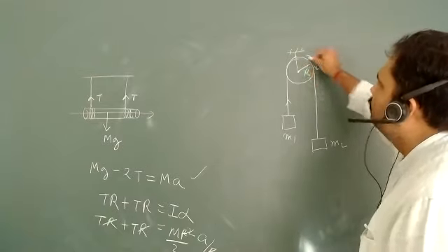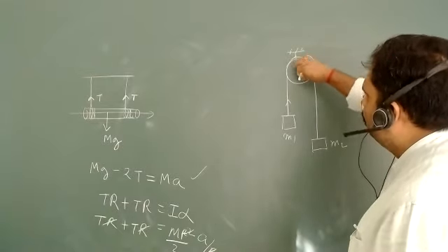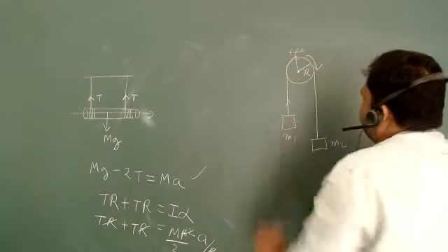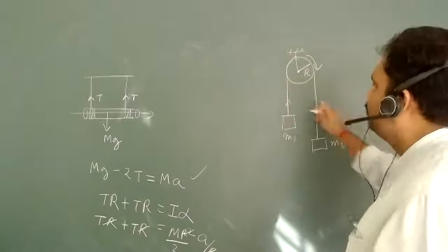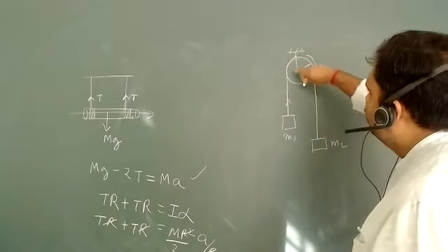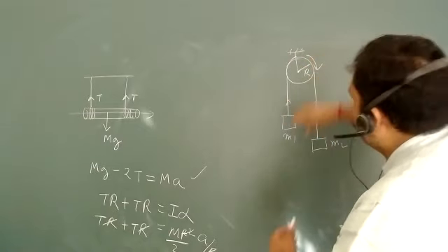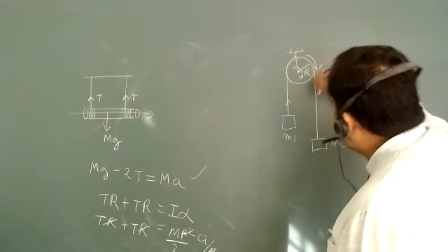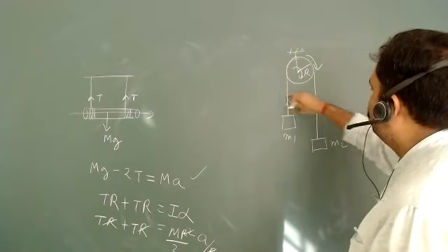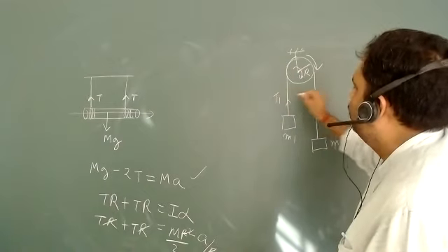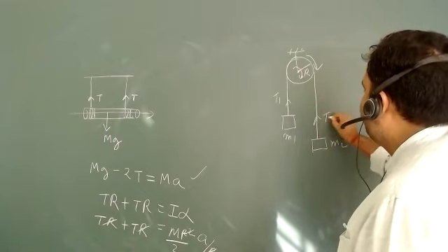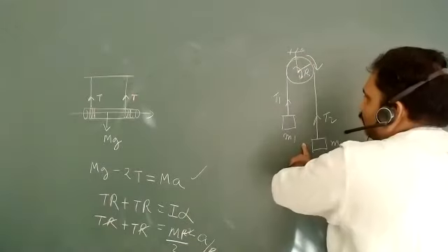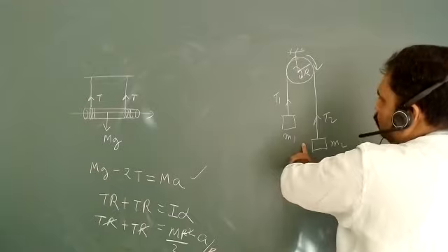When it is negligible and it is not rotating, if a string is only slipping on this particular disk, then the tension will be the same. But here, this disk is also rotating about its own axis. So due to this inertia, the tension on this wire will be different. In this case and in this case, you can compare these two things.